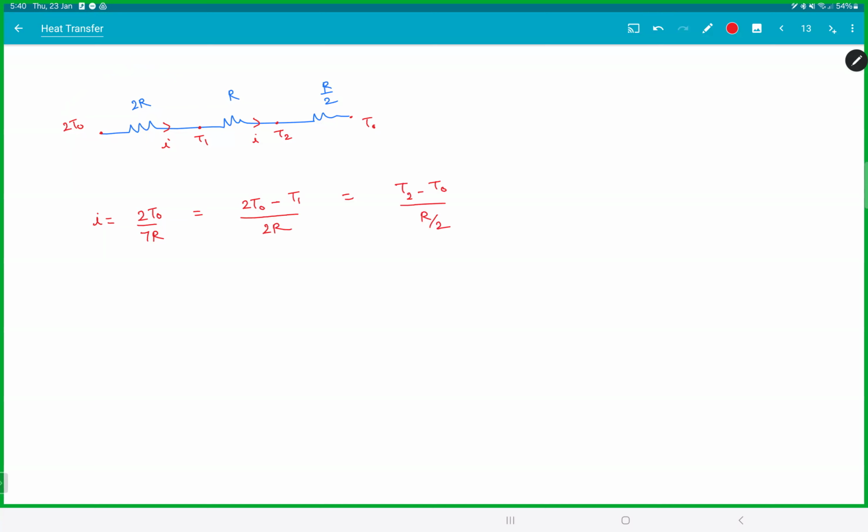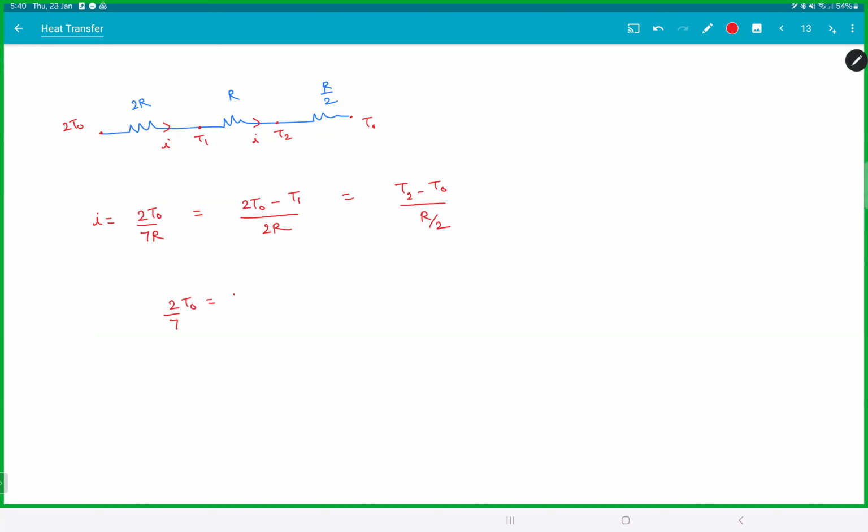Make sense? The total current in the branch is same as the current in the resistor 2R, the current in the resistor R by 2. And what is the current across 2R? Potential difference by resistance. Any doubts on that equation which I wrote? Once you wrote, you're done. So solve these two, you will end up with